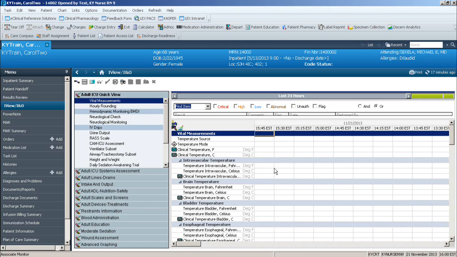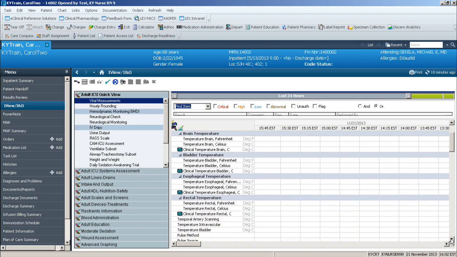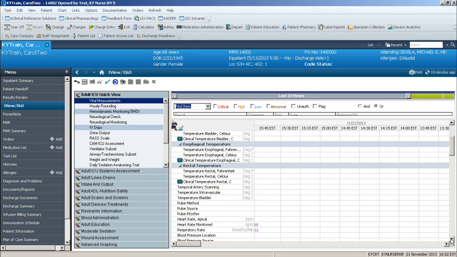If you were taking the patient's blood pressure every 10 minutes, you would change the time column frequency to Q10 minutes. To pull the data into the chart, you double-click on the header of the time column. You may need to scroll down to see the data. The data will appear in the patient's chart in purple text. You see the heart rate monitored, the respiratory rate, the blood pressure, the mean arterial pressure, as well as O2